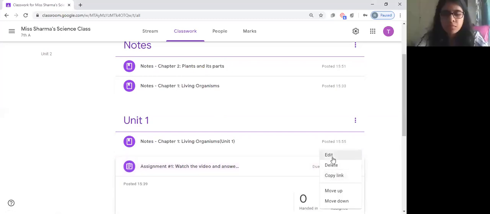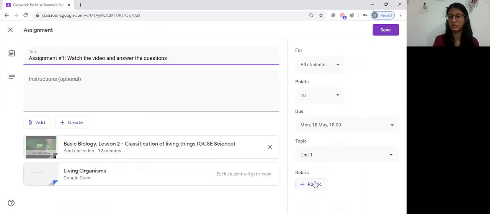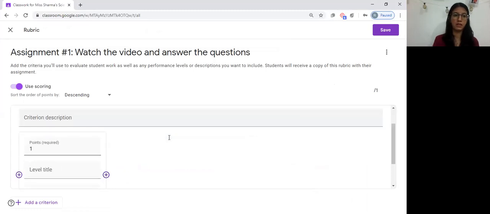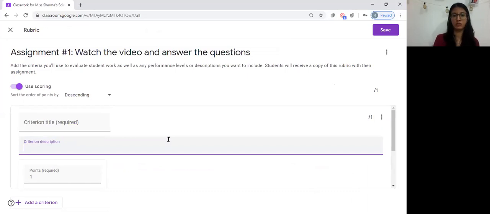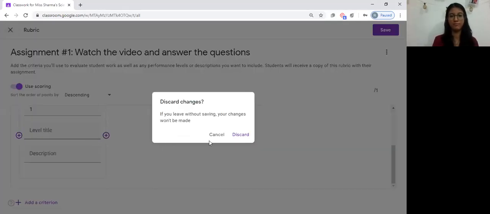Edit. This is the option that Pari ma'am is asking. So if we have to create a rubric, we have to basically talk about how we can score our students on the assignment. On this assignment, what is the criteria and what is the point that we're going to use to score. So for which we will try to create a video for you. Great.